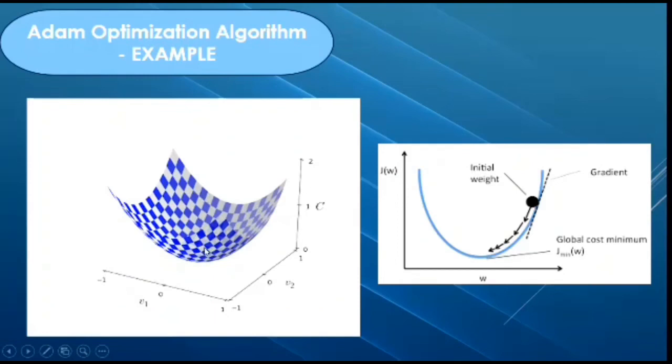That is why when we add momentum along with the gradient descent algorithm, the speed of reaching the global minimum is faster. And another change in Adam optimization is that the learning rate is variable. It is not constant. As soon as the momentum changes, the learning rate also changes to adapt to that momentum. So this is all about the Adam optimization algorithm.